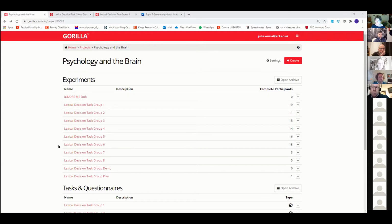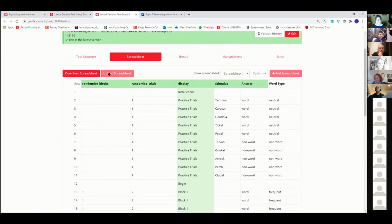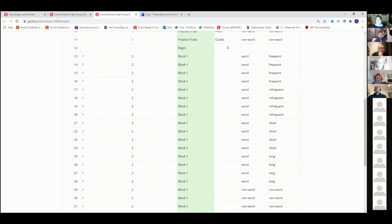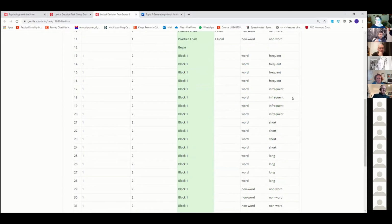because it's just so complex. So I've had a demo version for the teaching staff, and then a play version where I said, if you want to try this out, here's your version that you can mess up however you want. And what we had is a task that was programmed that I took from the repository, and that just had the words missing, and we were looking for frequent, infrequent, long and short words and